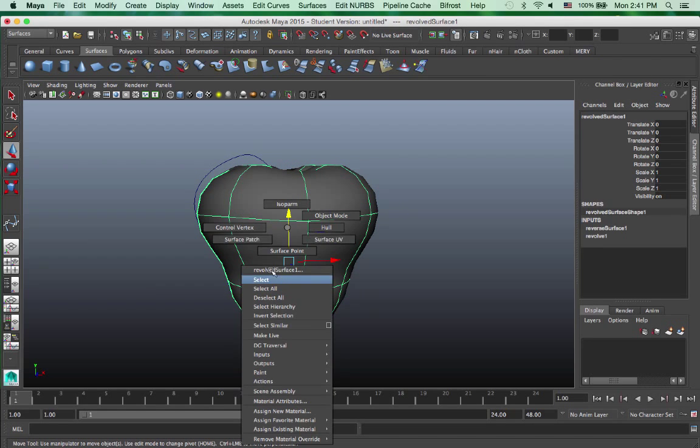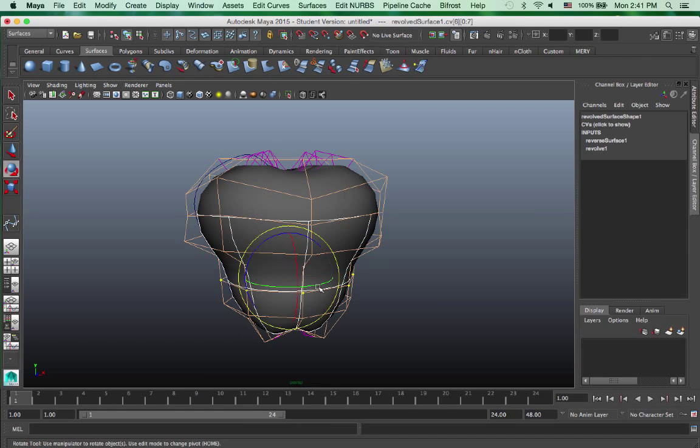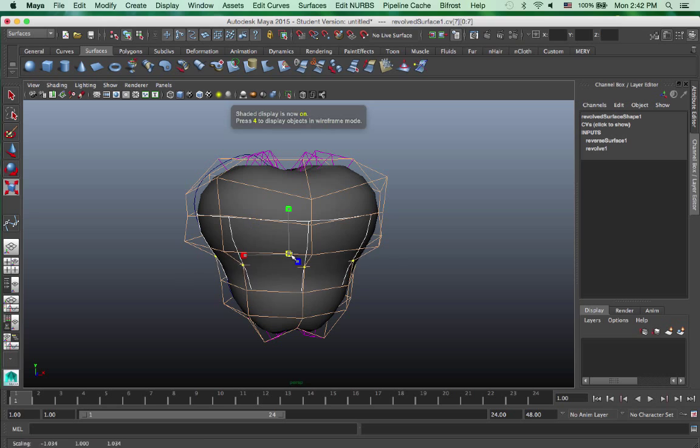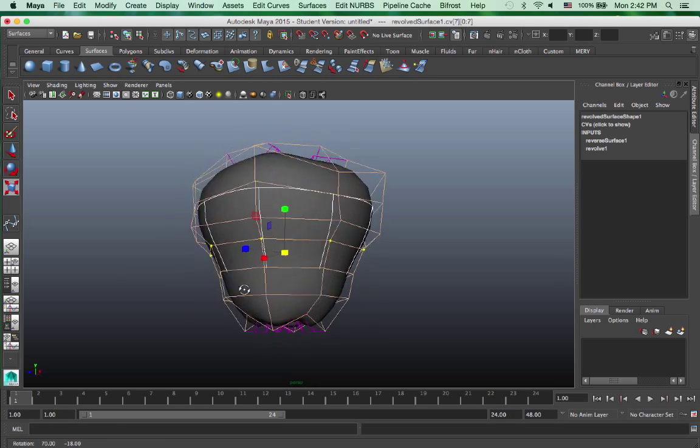In addition to the CVs, we can also use a hull to shape this apple further. It allows us to select the whole ring of CVs to shape with scale, move, etc.